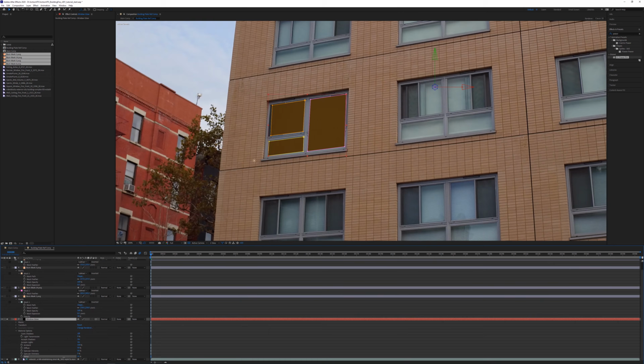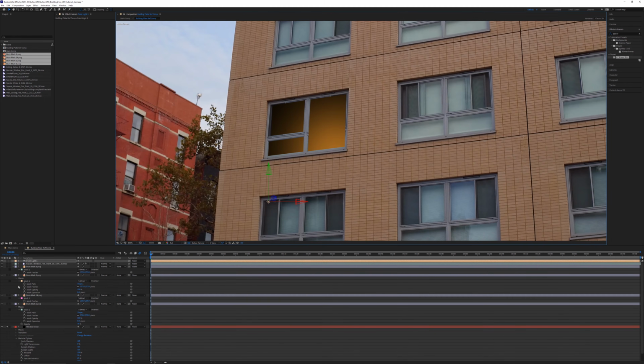We want to turn off the metalness. So we don't want this to be metal. And then for the specular intensity, we could increase that. And with the shininess, we can increase that too. So basically, we're just using a plane just to give us a little bit of variation of where the light is in the room, because there would actually be a fire in the room. And when you mix that with the fire element here, kind of makes it look a little bit more interesting. It just adds a bit more depth.